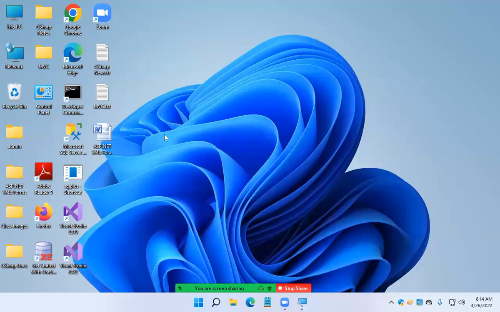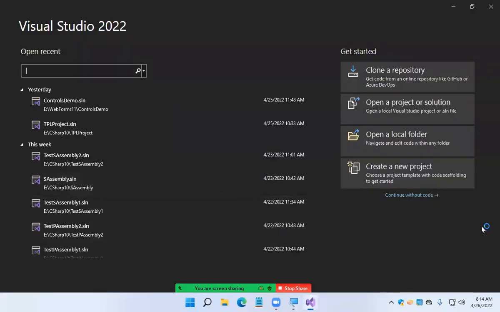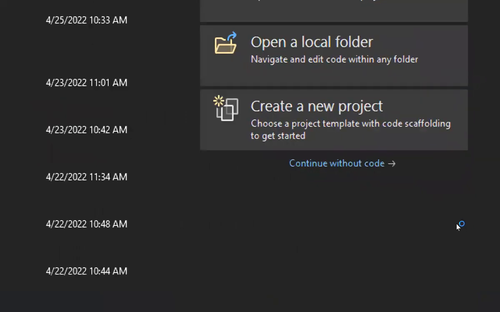Now you can start building your applications. So watch it, guys. Open Visual Studio, the latest version, 2022. Now, all of you know this. Go for create a new project.